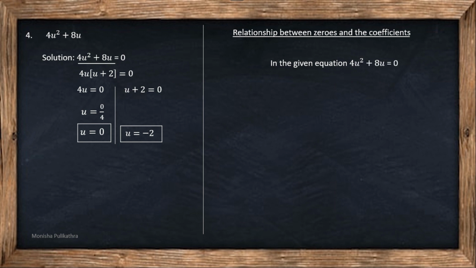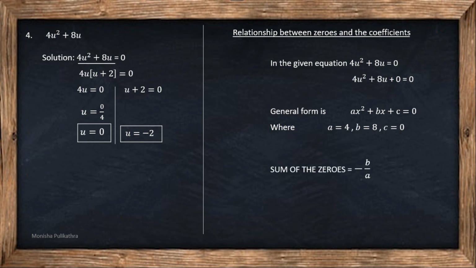The equation here is 4u square plus 8u. But you can notice here the general form is ax square plus bx plus c. Here the c term is not given. That is, the constant term is not given. If they have not given the constant term, or any of the coefficients, you have to put it simply as 0 itself. Okay, 4u square plus 8u plus 0 is equal to 0. So a will be 4, b will be 8, c, since they have not given, we have to plainly write it as a 0 itself.